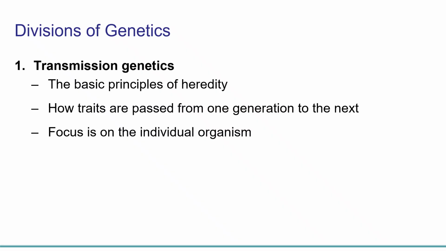The field of genetics is traditionally broken down into three major areas of focus. The first is transmission genetics, and this is probably what most of you think of when you think about genetics. This is the section where we learn about heredity and how traits are passed on from one generation to the next. So the focus here is on the individual, what the effects of that gene are, genotype, phenotype, maybe where they're located on a chromosome, how their inheritance of different traits comes from their parents,